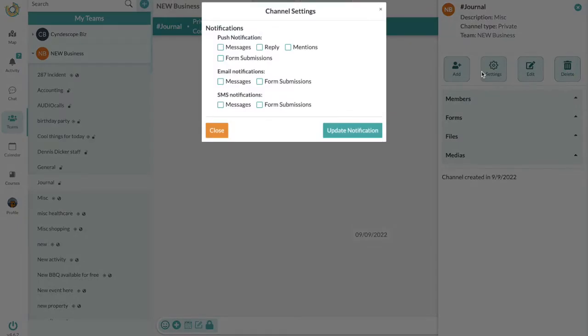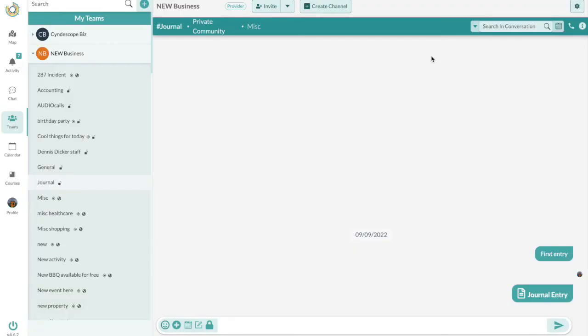adjust notifications within the channel. That way, you can always be on alert of things that are happening within that channel. So, for example, if you have a group of staff, you can have them all in one channel, and they can all share ideas or discuss things similar to a group chat, but for business, and you can be on alert there. Your staff can also use Autonomy for personal